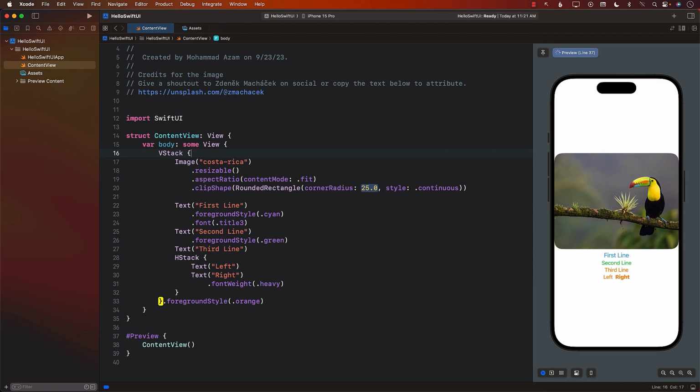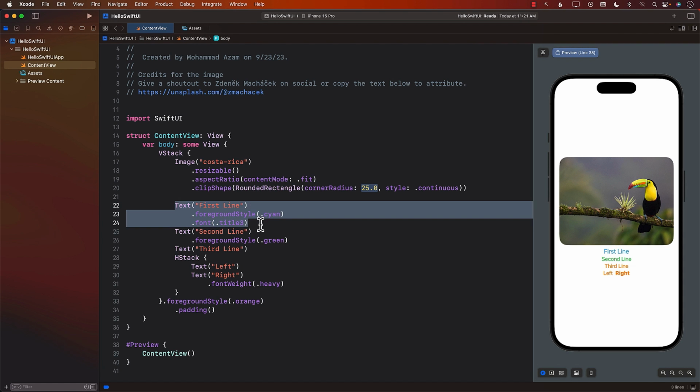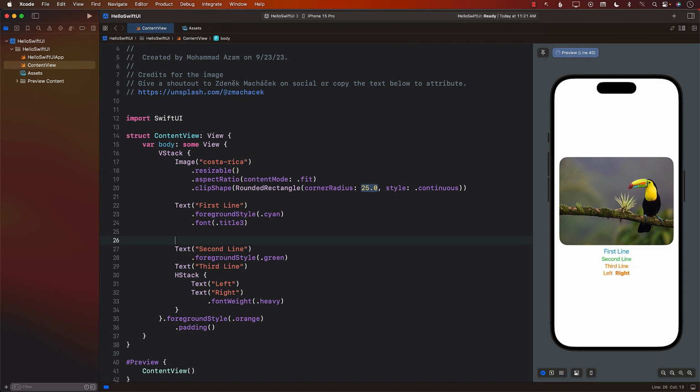There is another tag that you can use, a view modifier, which is called padding. And padding allows to put the spacing from the outside. You can see a little bit of padding now going on over here. That is the padding that we have added. Padding can be applied to any of the views that you have. So if I want padding on the text view, let's say the first one, I'll simply go ahead and add